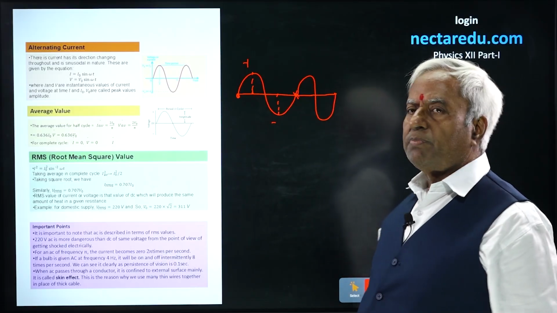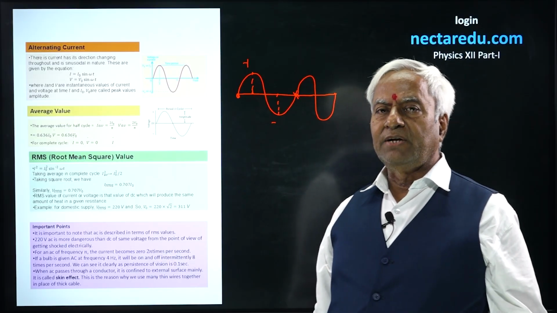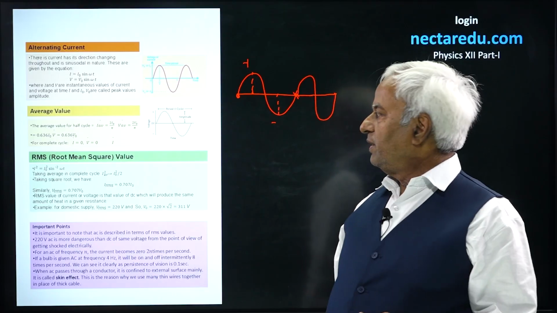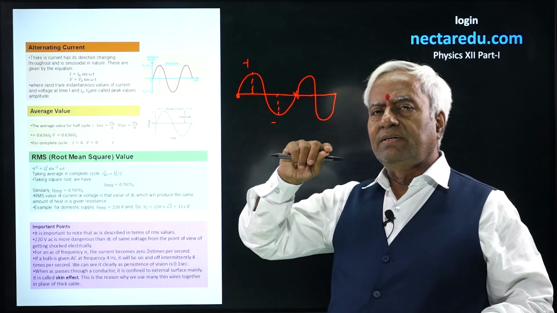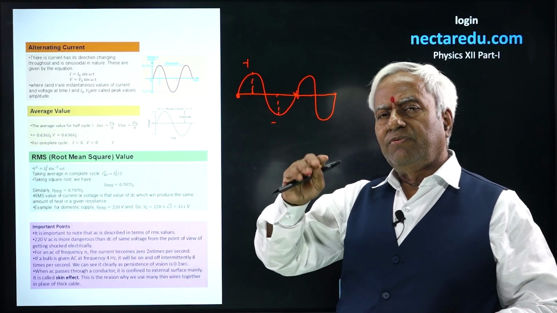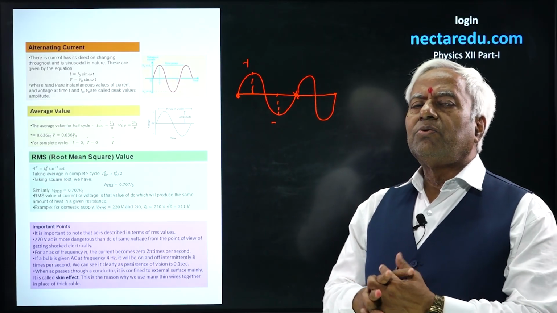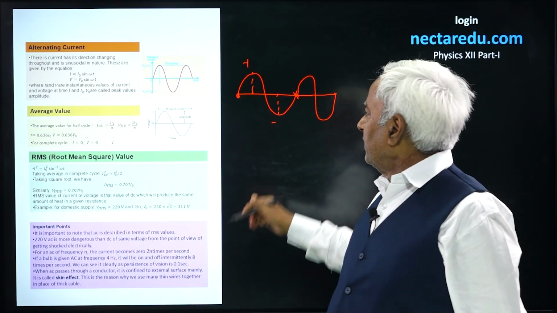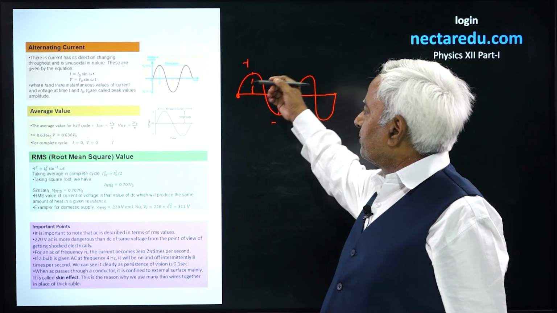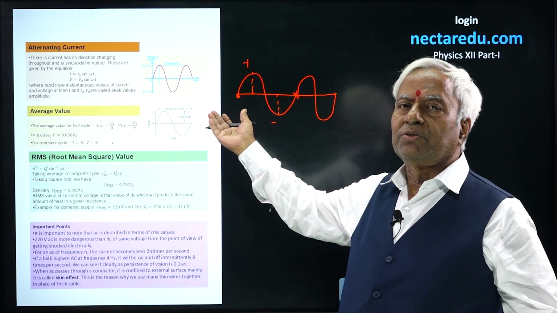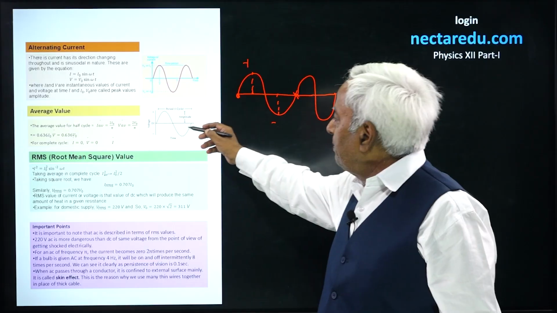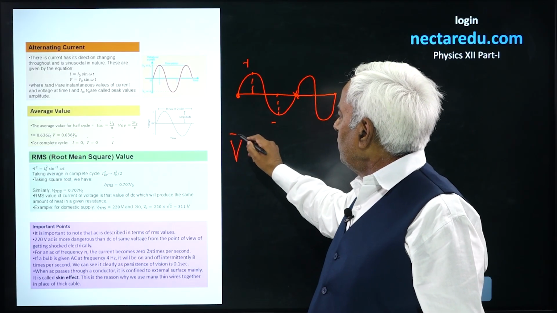So, what we do, we prefer only half of the cycle and try to find the average. If we find the average of sine square theta and then take the root, that is the only option, because the average value of sine theta is going to be 0 for the whole cycle. So, average value we find for voltage,